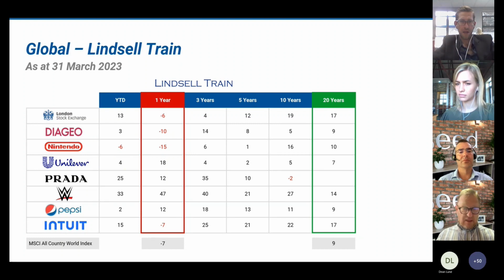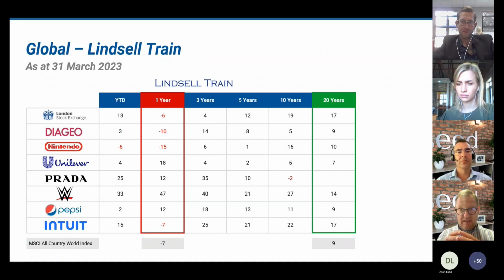You know, with the likes of London Stock Exchange linking up with Microsoft, looking at data analytics, looking at data. So there's a lot more emphasis on data. So you look at a company like that, not easy for a competitor to come in and take them out. So these are the type of businesses that you can find globally, and the managers that we've invested into, with the likes of a Lindsell Train.